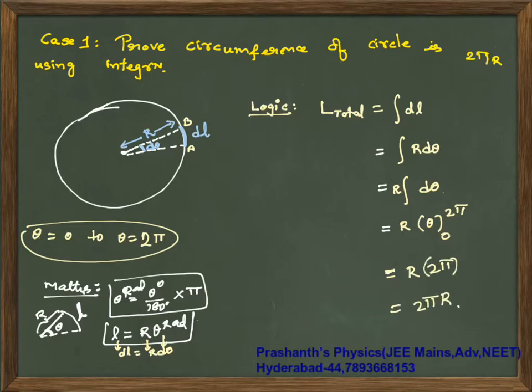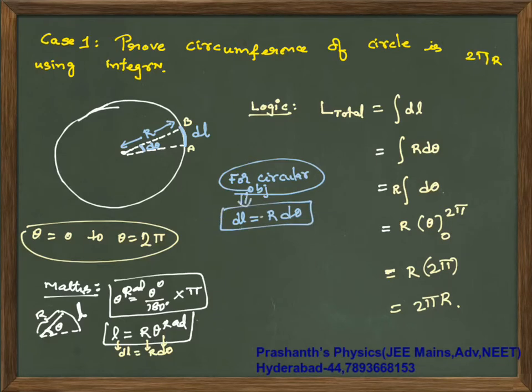This is your total integration. Now from now on, if you see a circular object, you must remember that you should take a small strip of length dl, whose length dl is equal to r times d theta. So the important conclusion is, for circular objects, later when you see in physics, you are supposed to remember that you should take dl is equal to r times d theta, and then integrate accordingly.